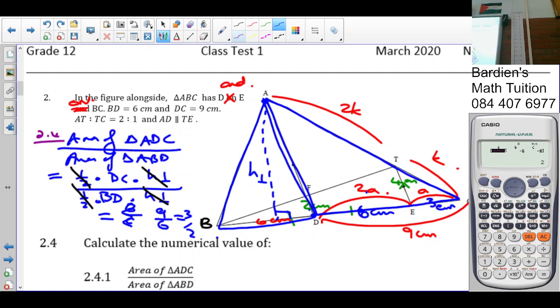Now some of you know already, when it's sharing a perpendicular, we're sharing a vertex on top there, we can draw a perpendicular height there. So if you knew that already, you don't have to do all of this here, you can go straight into that solution. Okay, sorry about that.